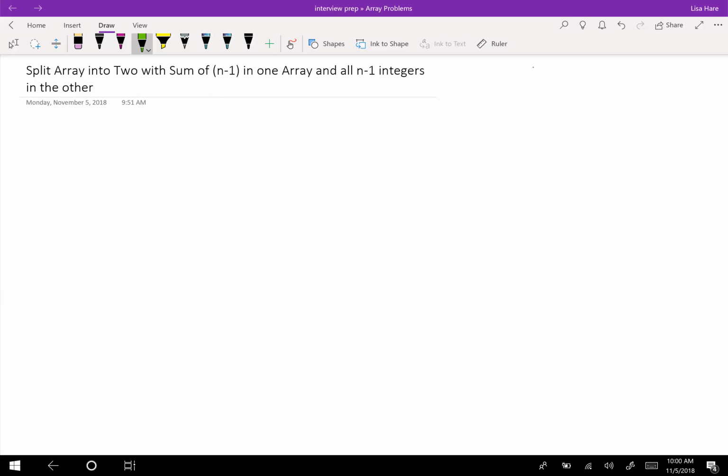All right, we're going to write an algorithm that is going to split an array into two arrays with the sum of n-1 in one array and all the n-1 integers that we use to create that sum in the other. So an example of that would be if we had an array with something like 1, 3, 5,